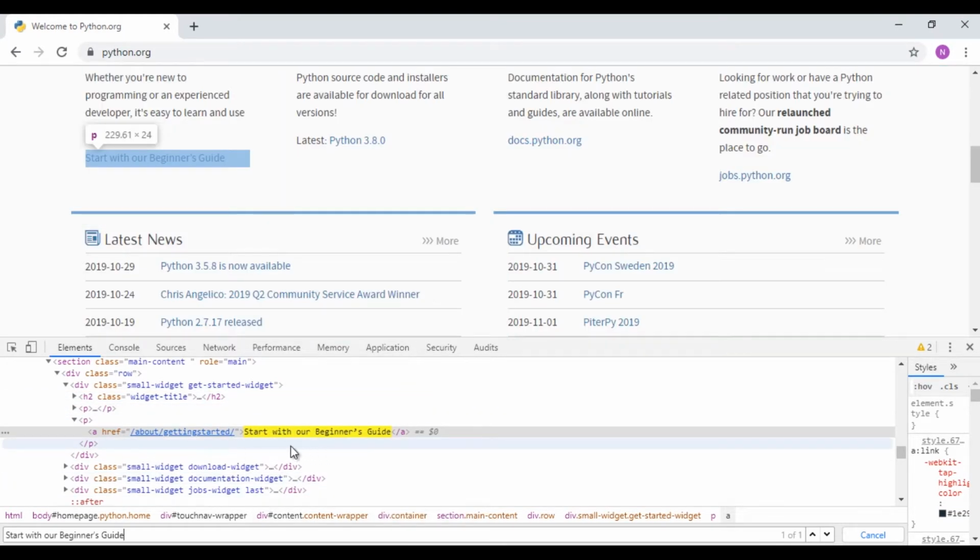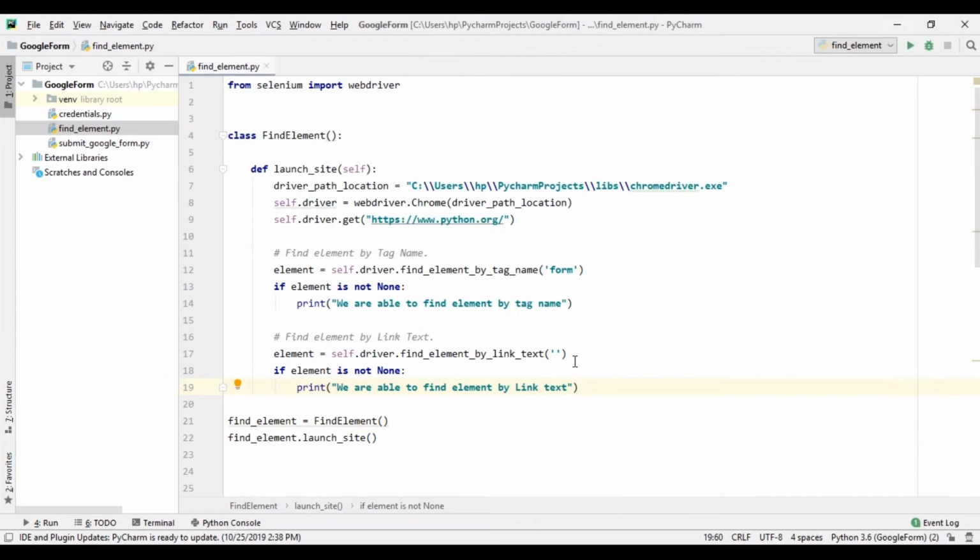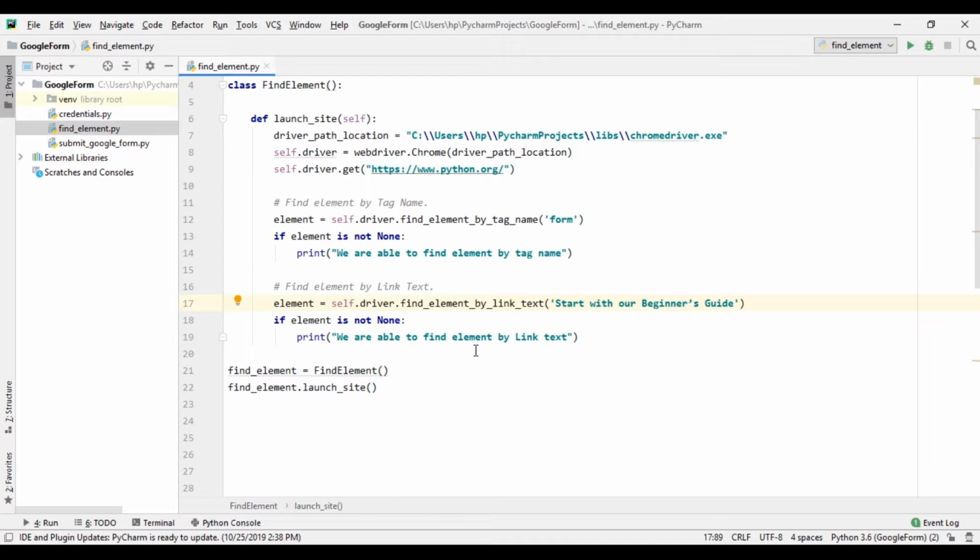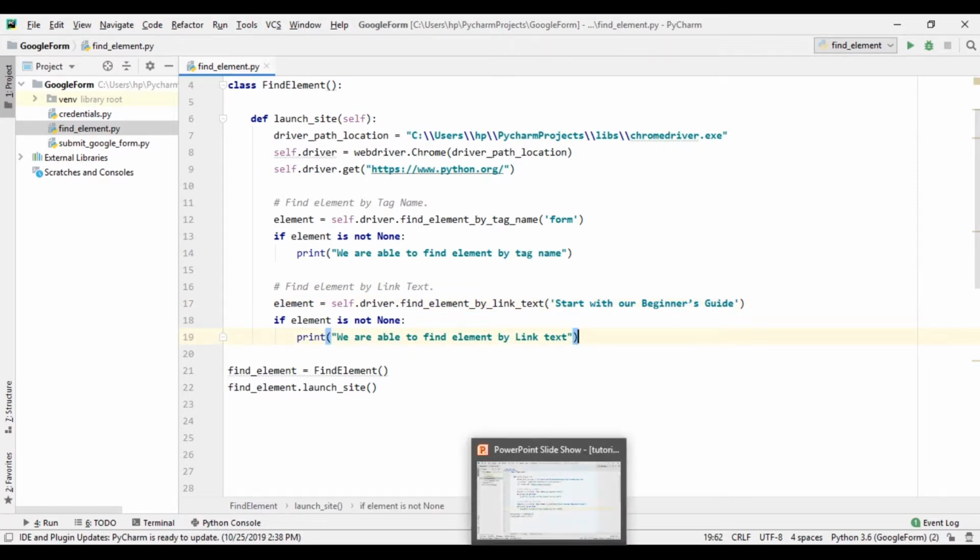So find the text by using link. We will use this text which is linked to this element. So let's copy it and paste it here. Okay, so